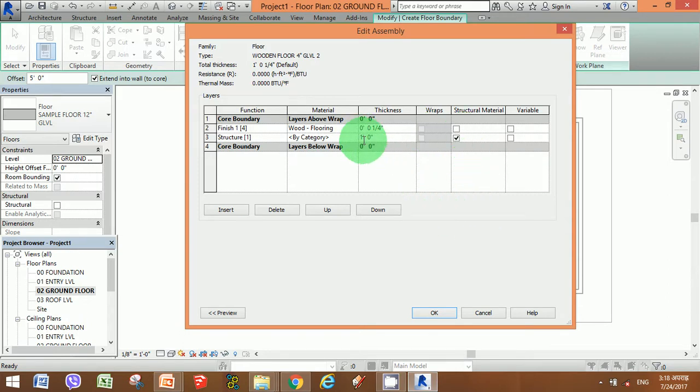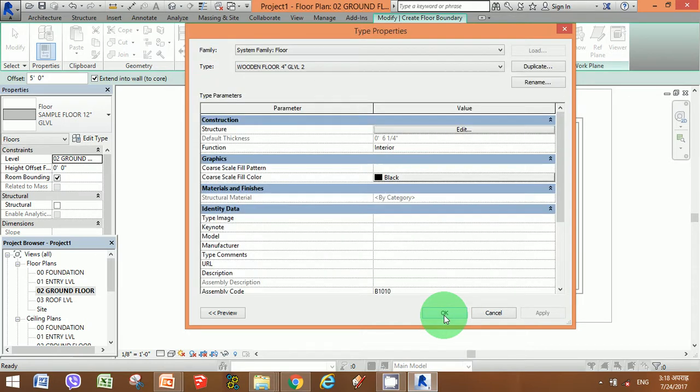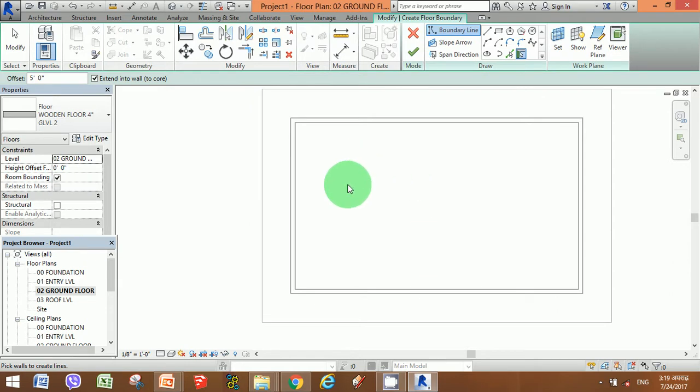Now for this structure over here, let's enter the floor of 6-inch height. So this is a 6-inch thick floor.